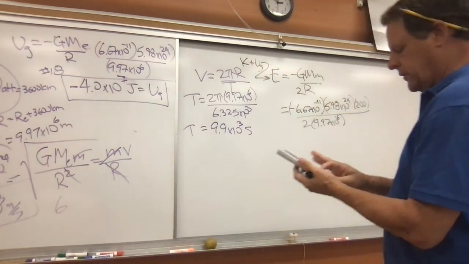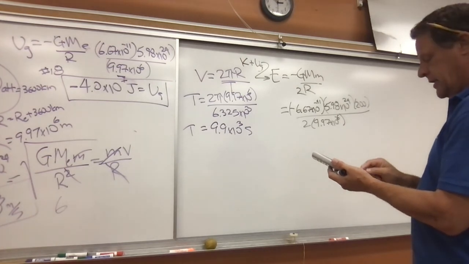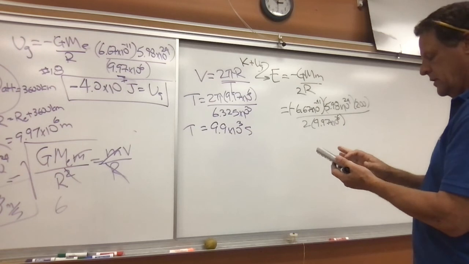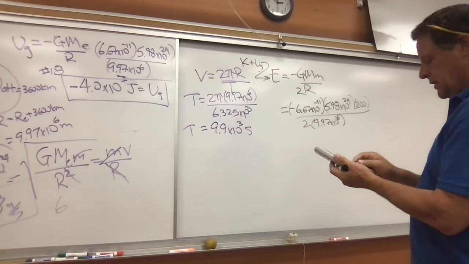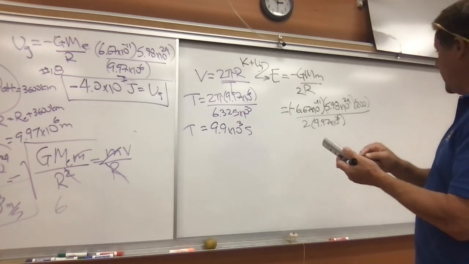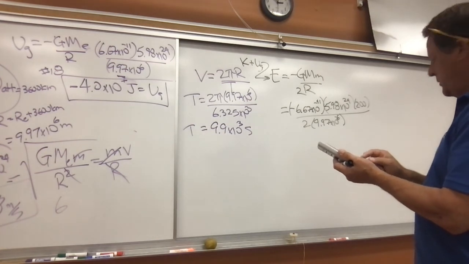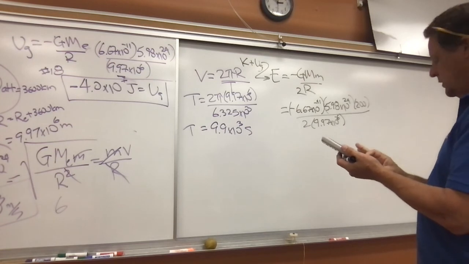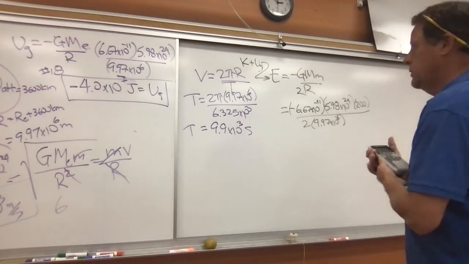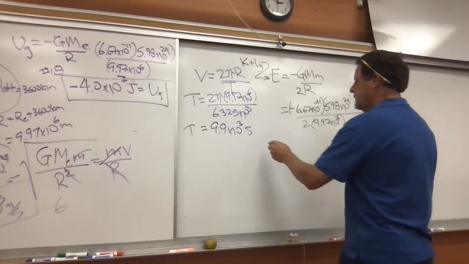Let's see, 6.67 times 10 to the negative 11th times 5.98 times 10 to the 24th times 200, divided by 2, divided by 9.97 times 10 to the 6th. And that's just our answer from right over here, right? So we're going to have